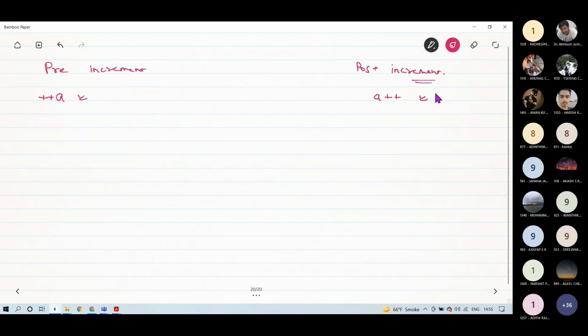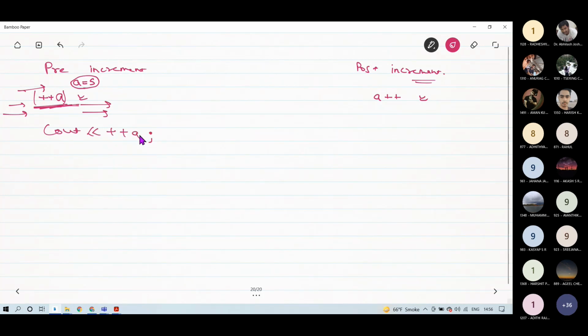What I mean to say is, suppose the value of a was 5 before this line. Now I write the statement plus plus a inside a cout.